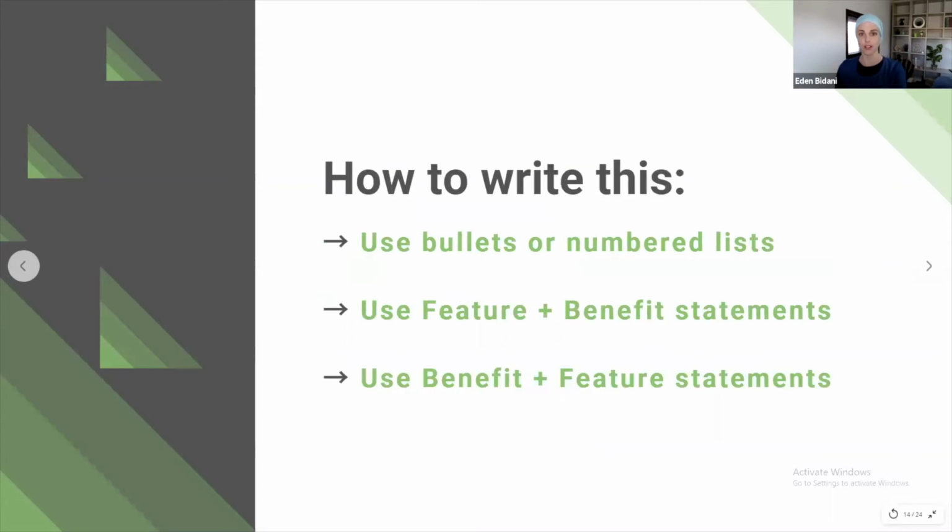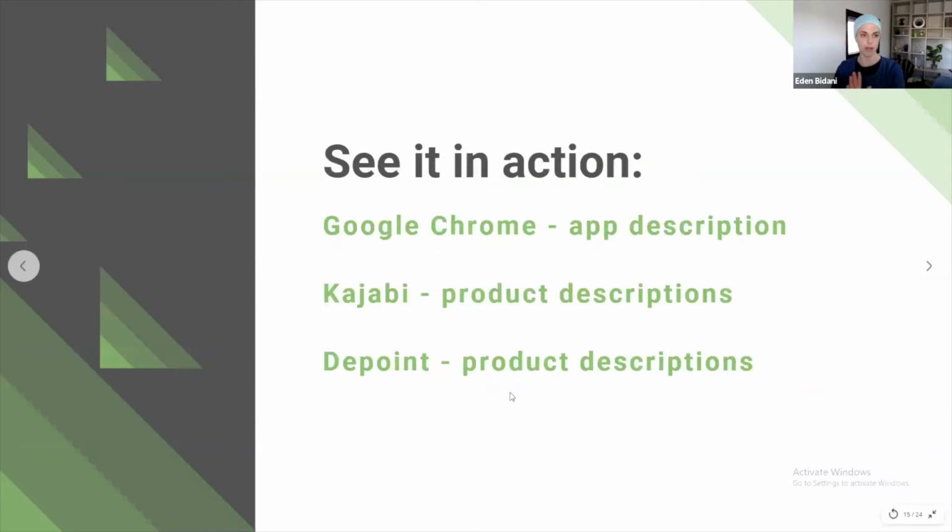All right, so how to do this? First, I recommend that you use bullets and numbered lists to help space out your sentences and make all this information easier to read, because this section is usually the most text-heavy part of any product description. Now, there are two main ways to write your bullets, or fascinations as they're also called, and that's by writing the feature first, then the benefit, or the benefit followed by the feature. Here are a couple of places where you can see some good examples of feature benefit and benefit feature statements,